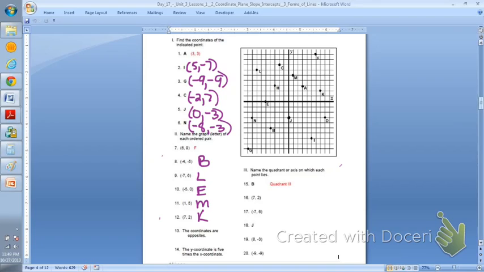Questions 13 and 14 always stump students, so if you didn't understand or didn't get it, it's okay. You're not the only one. Question 13, the coordinates that are opposites. To find opposite coordinates, these would be equal distance away from one of the axes. And if we look here, for example, you can clearly see that